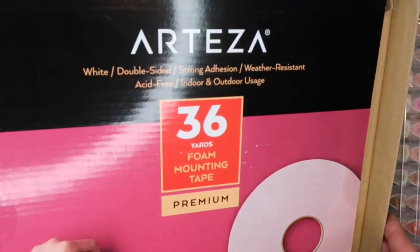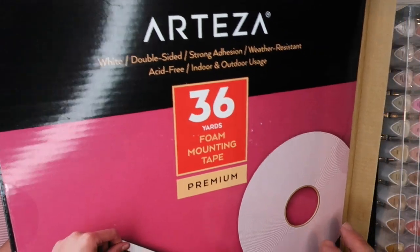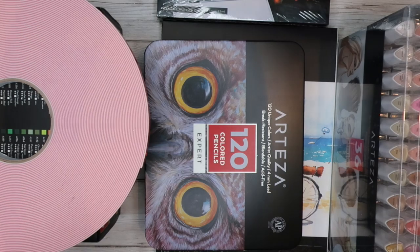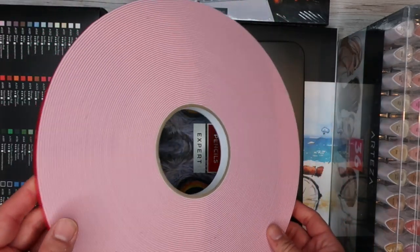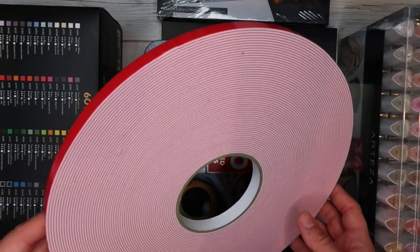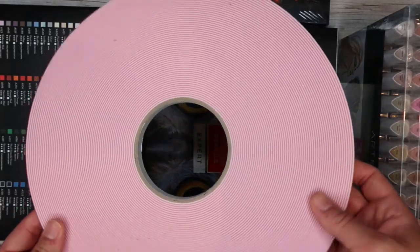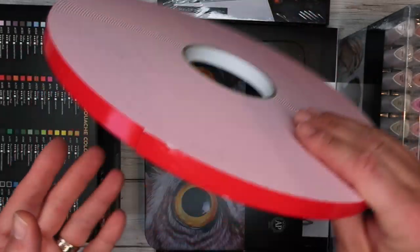So I thought if I use this tape and stick this onto the back of their doors, then it'll hopefully hold up. I'll let you know. If it falls off, I'll let you know. Otherwise, it should be standing up. So I'm hoping to use this around the home as well as in my crafting, but also it's weather resistant, so I could put it outside as well if I need to stick something outside, like numbers on my door or something like that. Not that I'll use foam tape for that, but anyways,